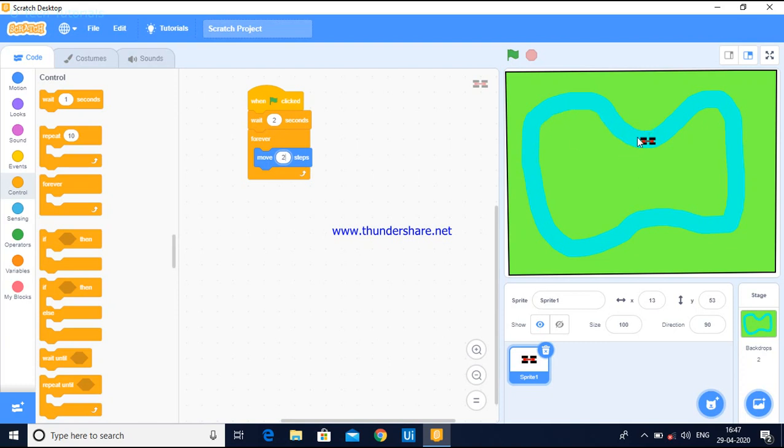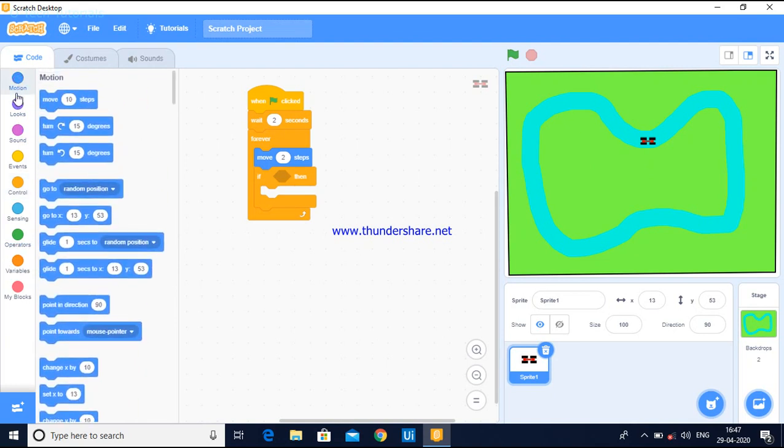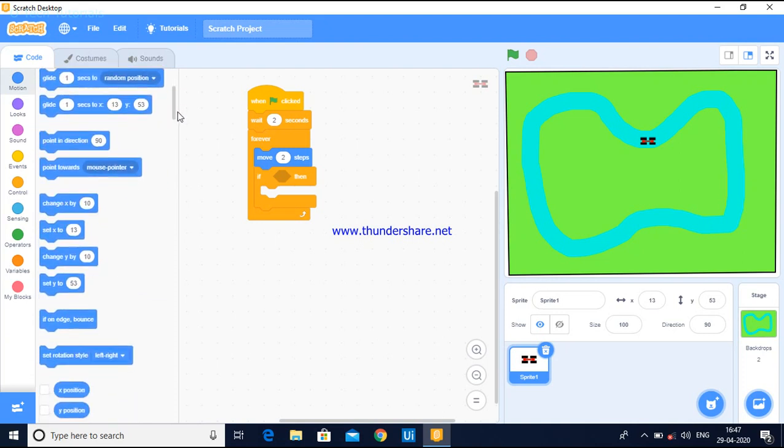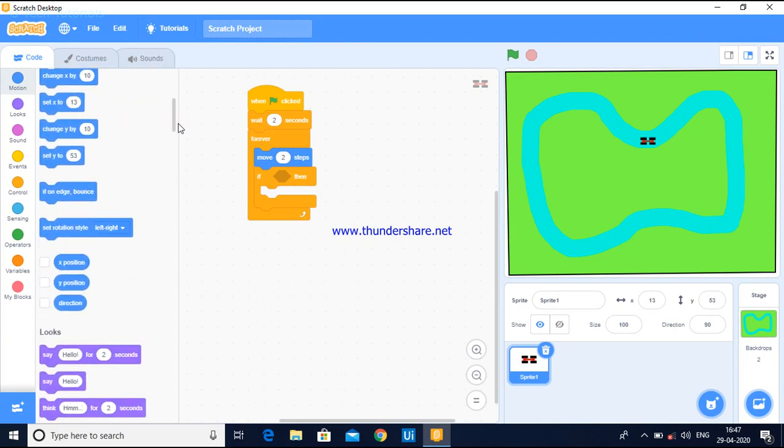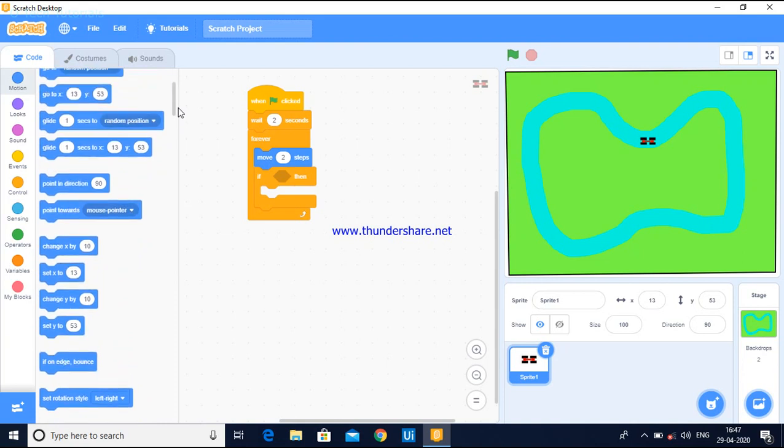If it goes into this green area, or if it touches the green area, there should be a penalty, right? For that purpose I'm going to take an if then block and insert it into the forever block. So if the car touches green color, for that I'm going to motion blocks and touching color.